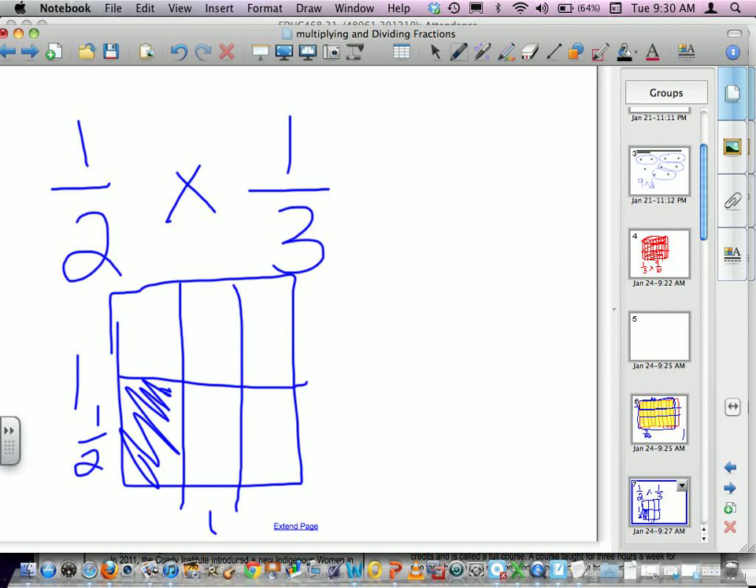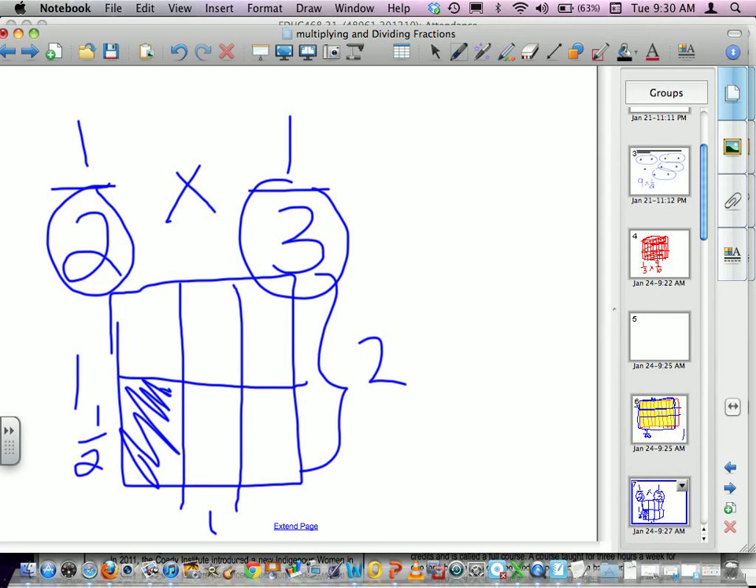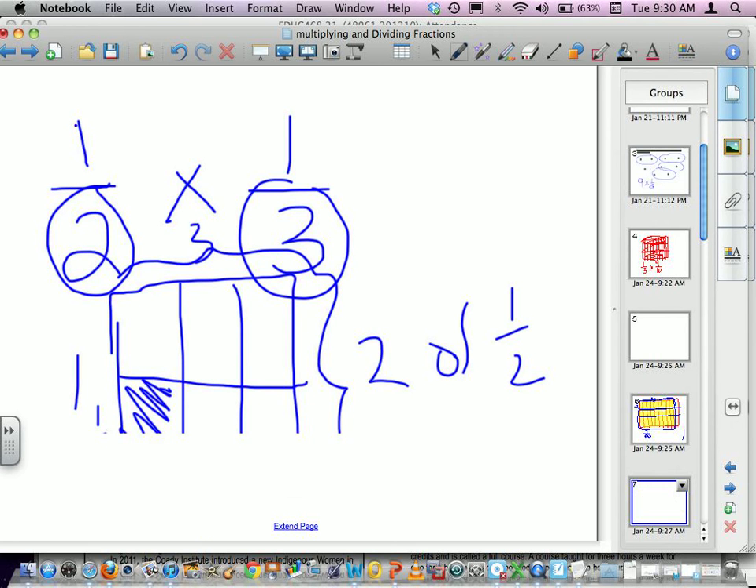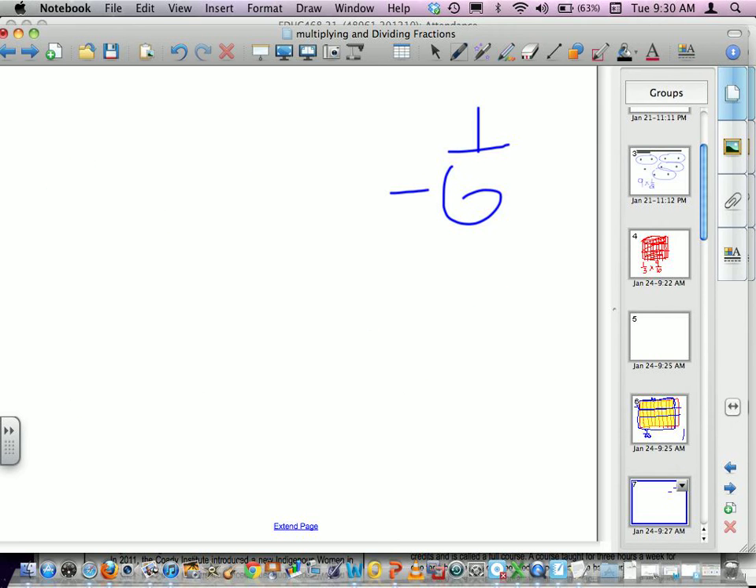Where do I see that? 2 times 3 gives me 6. And the 2 is right here, right? I broke it into 2 pieces of 1/2 height. And the 3 is here because I broke it into 3 1/3 pieces. And so now I have 6 little pieces, of which I shaded 1 by 1, which gives me 1 over,